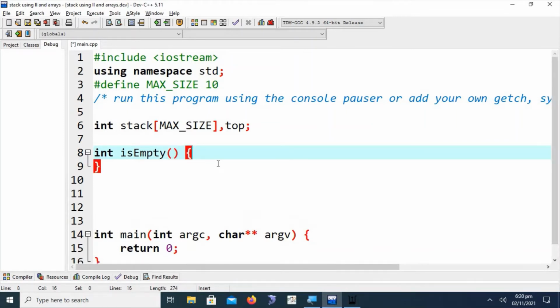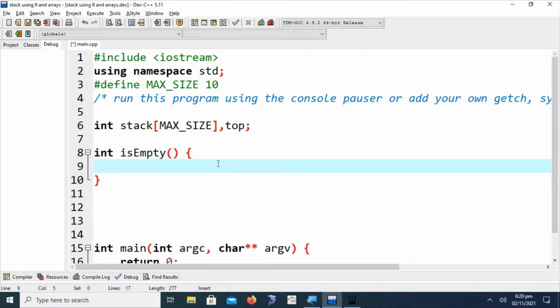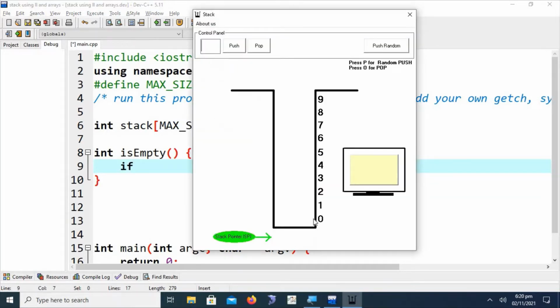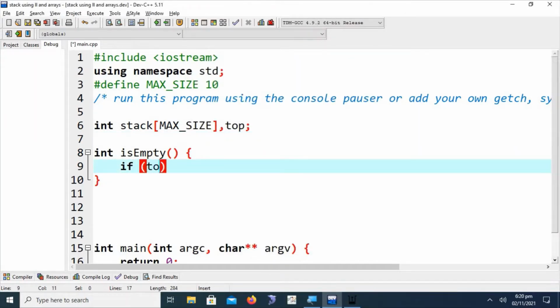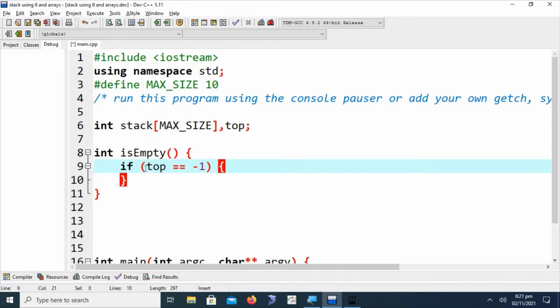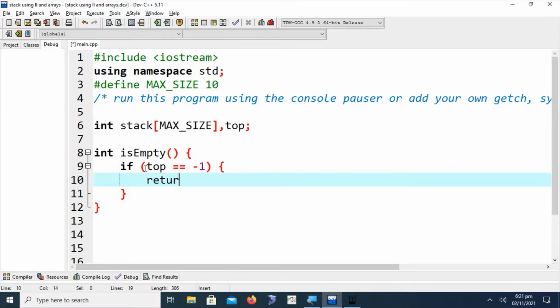situation. What will the empty situation be? If our stack top pointer, or stack pointer, is -1, meaning it is less than 0. As we discussed in the animation, we write here: if top is equal to -1, then return 1. 1 means true.